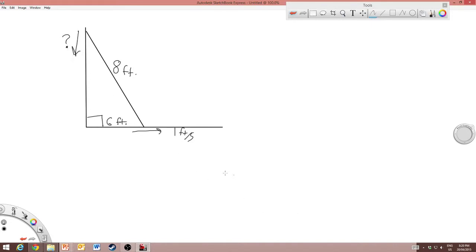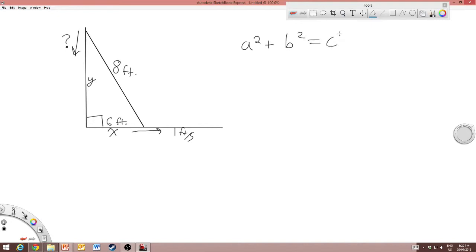Okay. Well, I'm going to assign some variables to this. We'll call this x and we'll call this y, simply because it's easiest that way. And we'll look at our picture that I've drawn. What kind of relationship do x, y, and this 8 have? Well, as you can see, this is a right triangle. We're assuming it's a right triangle because the wall is at a right angle to the floor. So we can probably use